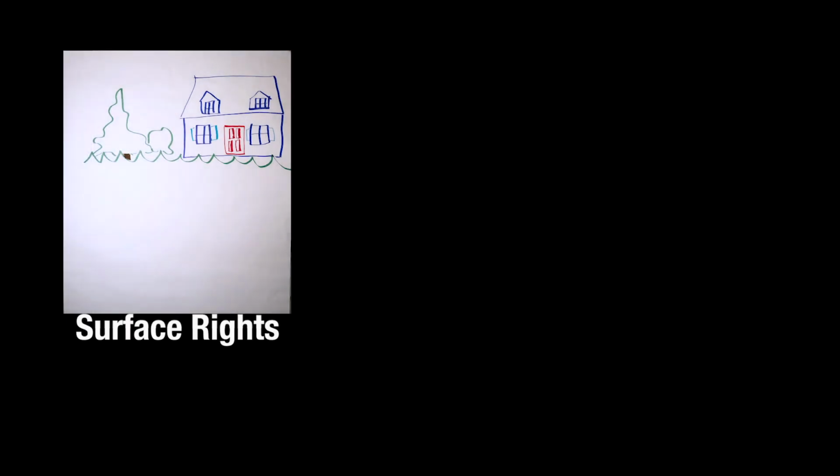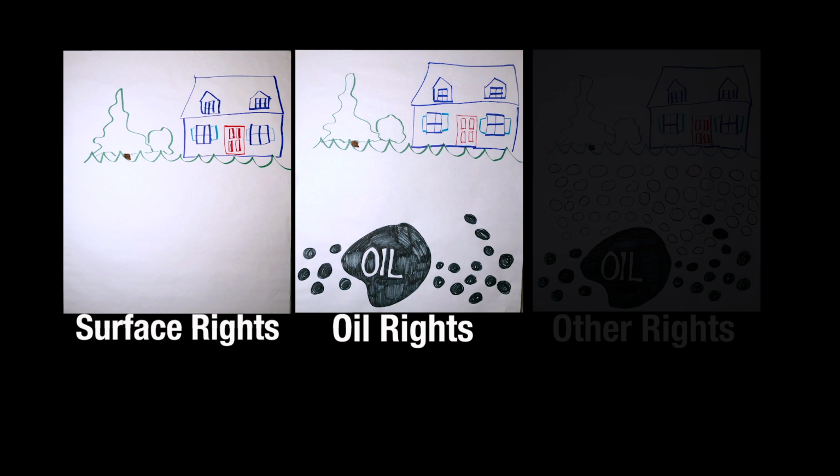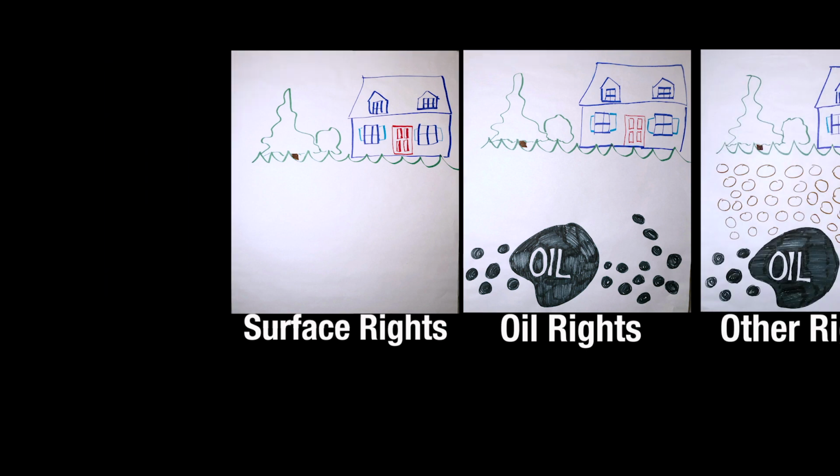Well, in theory, yes, but in most areas in Oklahoma, subsurface rights, which are also called mineral rights, have been severed or sold to someone else. A landowner may own all, part, or none of them. When a division takes place, title to mineral rights will run separate from title to surface rights. For example, it may be possible for one owner to own the surface rights, another to own the oil rights, and yet another to own coal or other mineral rights. So wait, are you telling me that I own nothing?